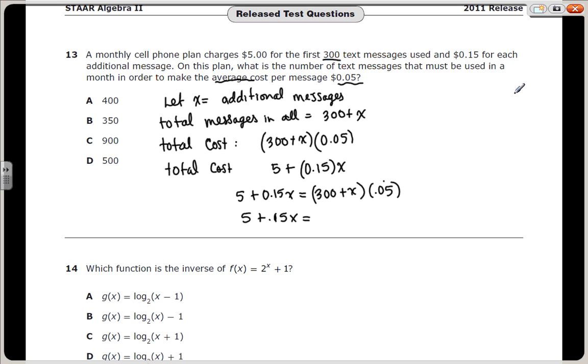So I just go 300 times 5, 15. I have two decimal places. So it's going to be 15 plus, when I distribute 0.05 to x, 0.05x. Okay? Now, to make this quicker to do, I can eliminate the decimals by multiplying both sides of my equation by